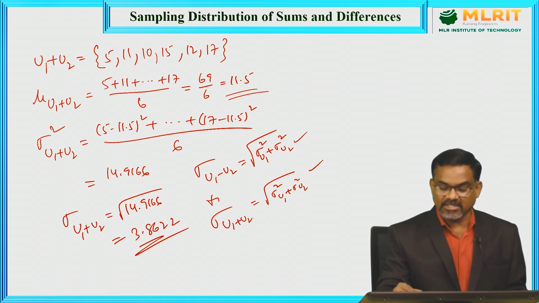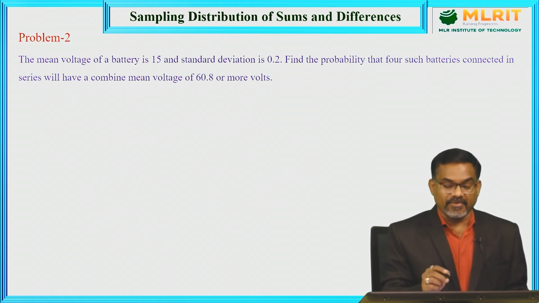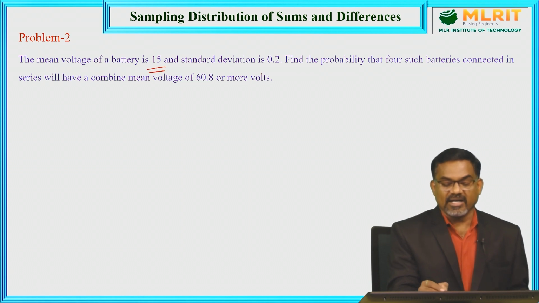So in both cases the result is the same, that we can cross check from all these values. Now coming to the second problem, the mean voltage of a battery is 15 volts and standard deviation is 0.2